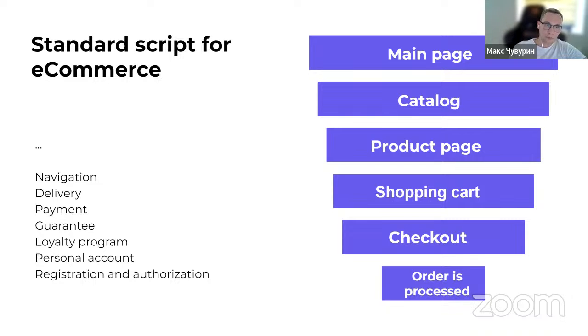So first you see a sales funnel. This is the transition from the entrance point, in this example, you can see the main page to the catalog page, then to the product page and checkout page. This is a macro conversion: logging into the site and successful ordering. And micro conversion is just the transition from one page to another, from one step to the next step of this funnel. That could be micro conversion.